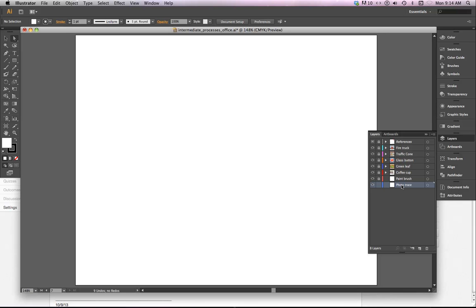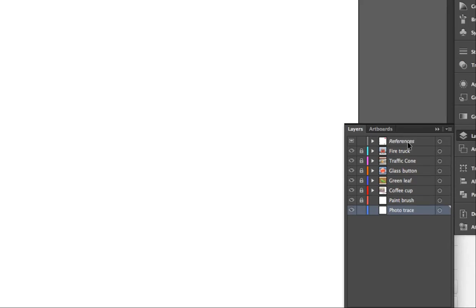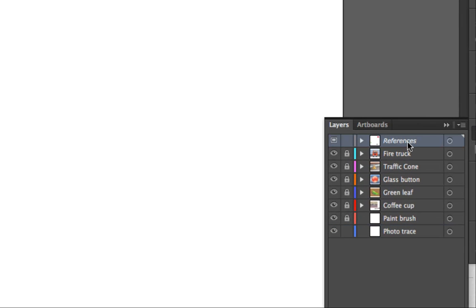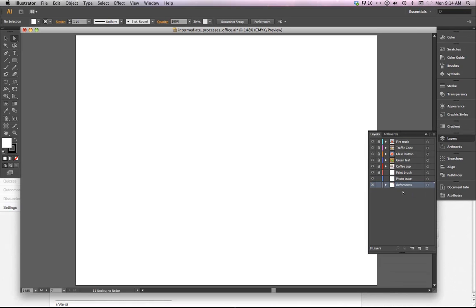Now, there's one thing I want to show you that we haven't done yet. I want to show you how you can bring a photograph in and use it as both a reference and a template item. And here's how it goes. That layer that we've been using for our references, bring that layer, unlock it, and take it to the very bottom of the stack. That's helpful because when it's at the bottom, it's always going to be under everything else